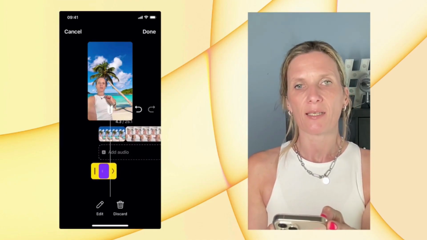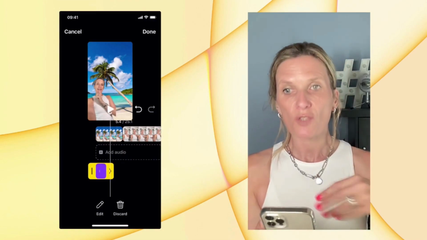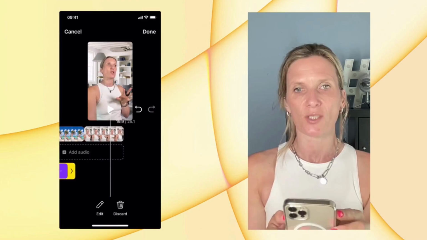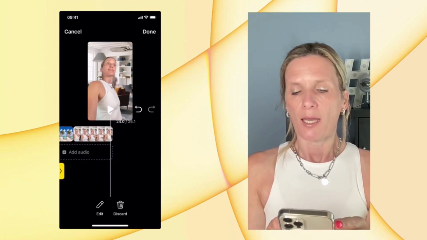And you can see that the text disappears. So you can just repeat this process all the way along until you've finished writing your text and your video. And then